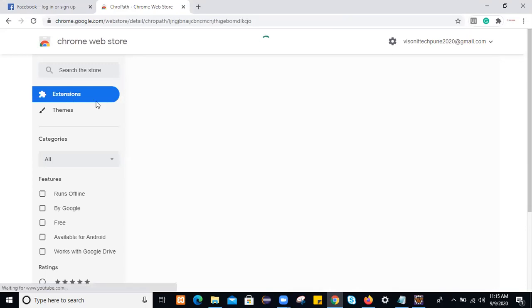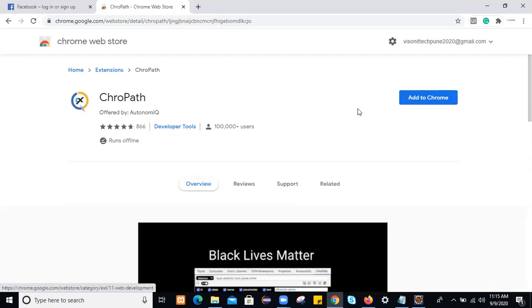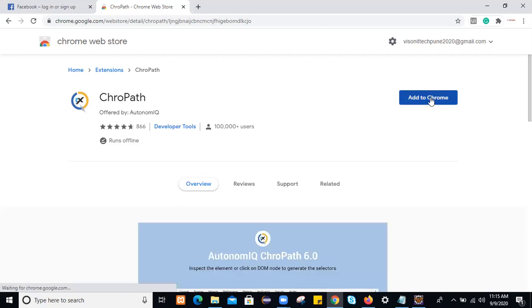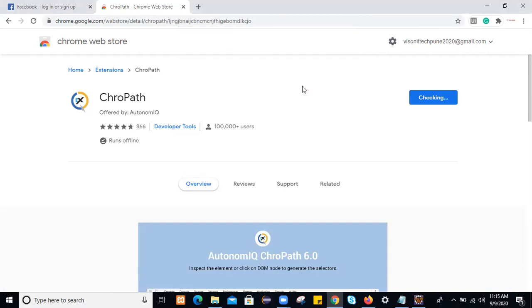This will be the extension for the Chrome browser. Here you can see add to Chrome. This is ChroPath. Just click on add to Chrome. It's checking. Yes, add as an extension.